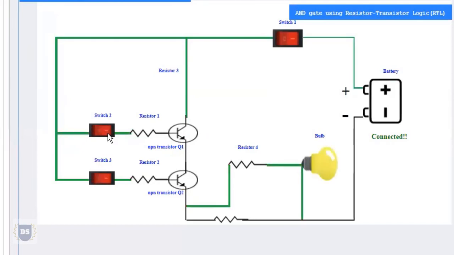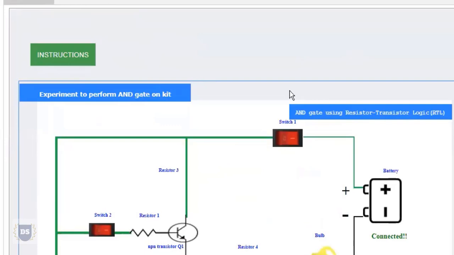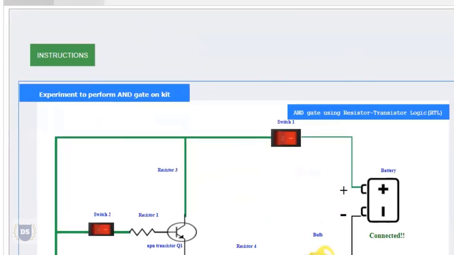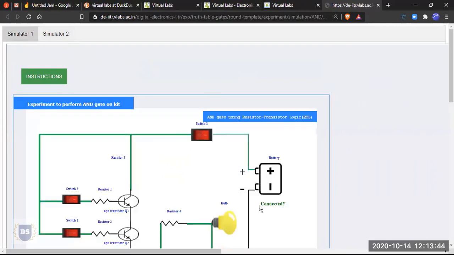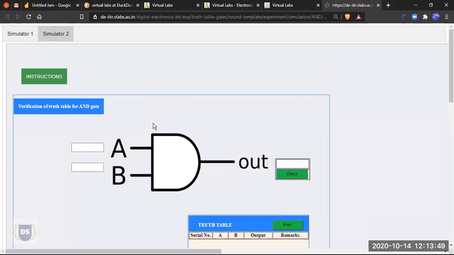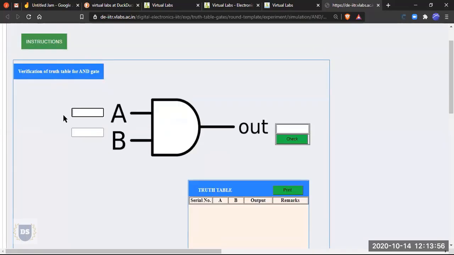But only when my combination is equal to 1, 1, I can have this LED glowing. So now let's try to test the same in our simulator 2. And this is where we can verify our truth table. So after observing all the 4 combinations, let's move on to our simulator 2,